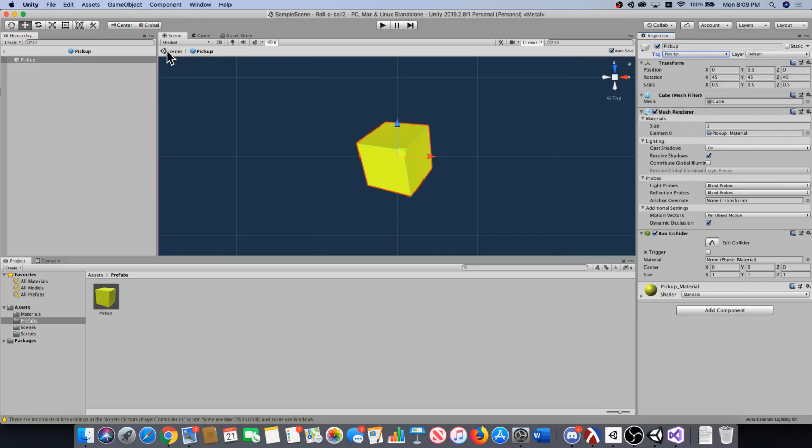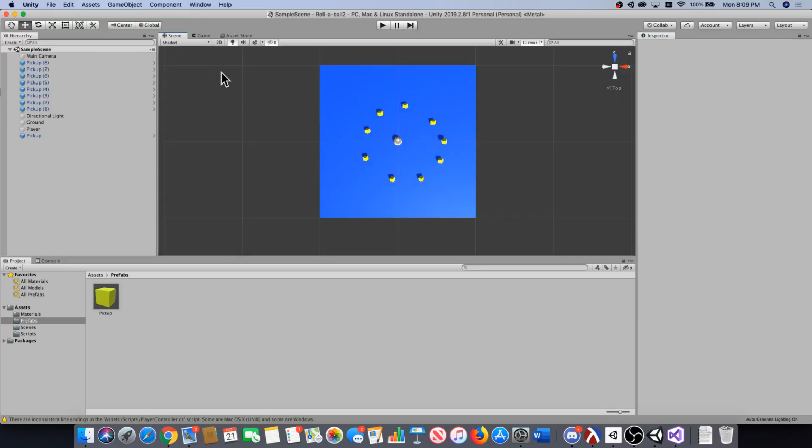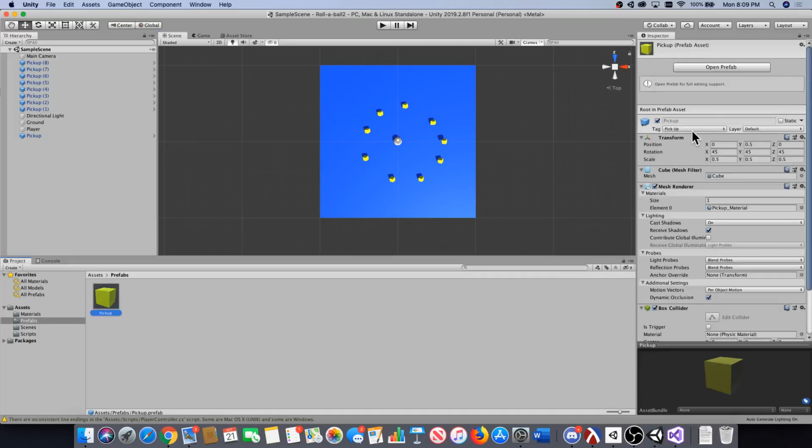So now we can click Pickup, and now we have said that the Pickup game object is tagged Pickup. So if we collide with a Pickup game object, we will recognize its tag as Pickup, and hopefully when we do, it'll disappear. Sorry, there's one more thing to do that I almost forgot. If we click Pickup again in our project window and click Open Prefab,